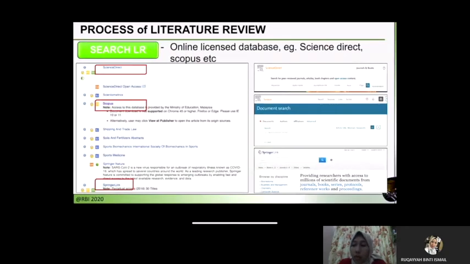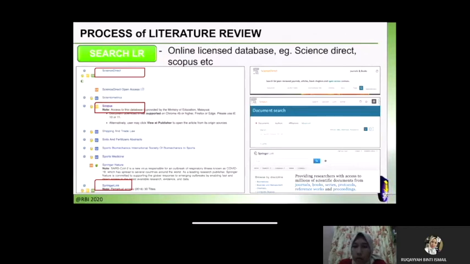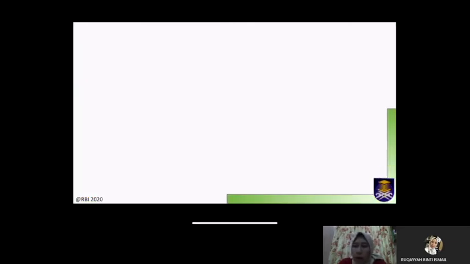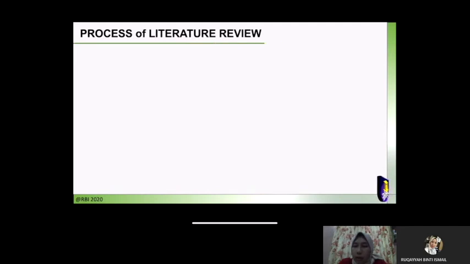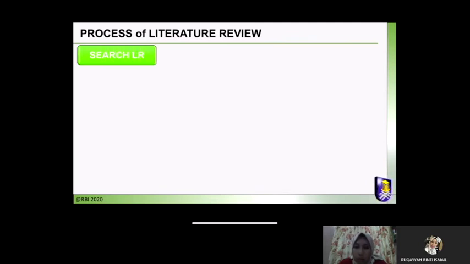So use this privilege. UiTM paid so much for this database for their students, because not all universities have this access. Okay, so please use this privilege. And then I think I just want to share with you another relevant database that most of us might want to